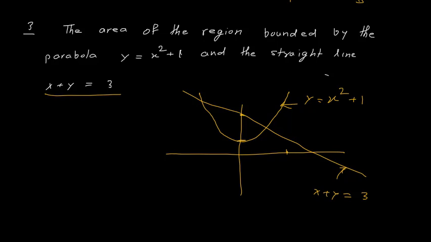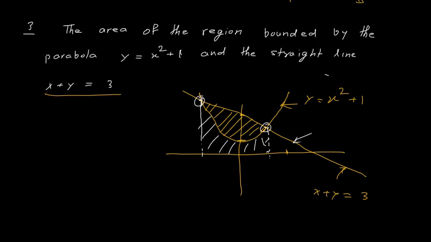We have to find area between these two. So we have to find this area which we are shading. Now this area, as we have the formula which gives us the area between x-axis and the curve or between y-axis and the curve. So here if I find area under this curve x plus y equal to 3, I will get this complete area. Now from that area I have to subtract this lower part. When I subtract this lower part, I will get the required area. So for that I need these intersection points.